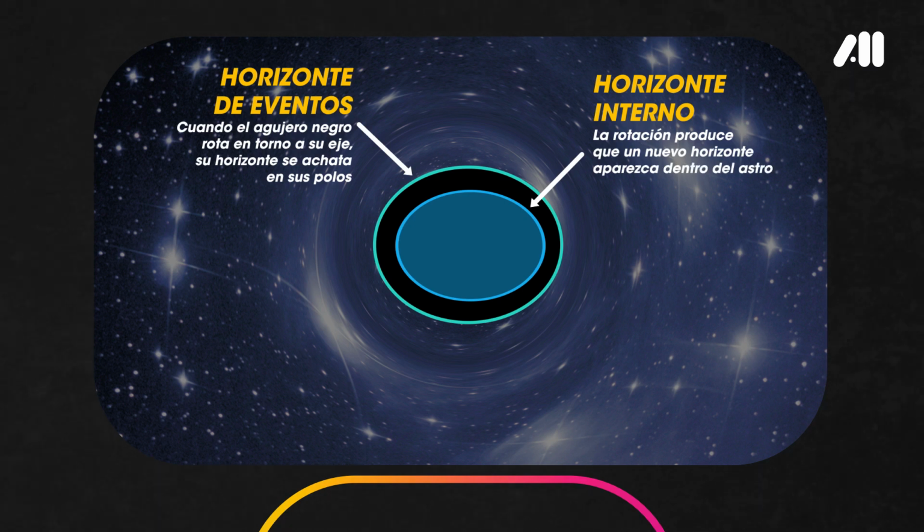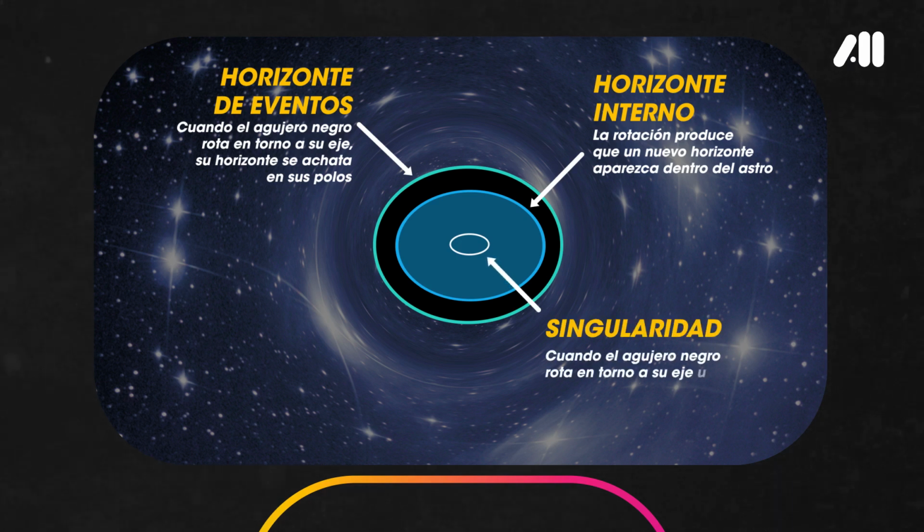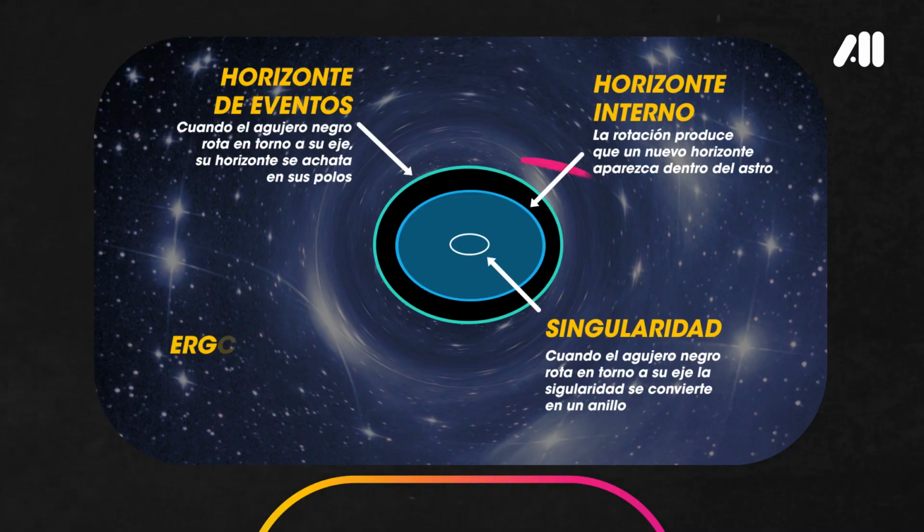Moreover, the point at which the laws of physics broke down, which we had called a singularity, when the black hole rotates, starts to widen and becomes a ring. There is still a singularity, but it is no longer just a point where the laws of physics do not apply inside, but rather an entire ring where they do not apply. So rotating black holes have these peculiarities, and outside of them, outside the event horizon radius, they develop another surface